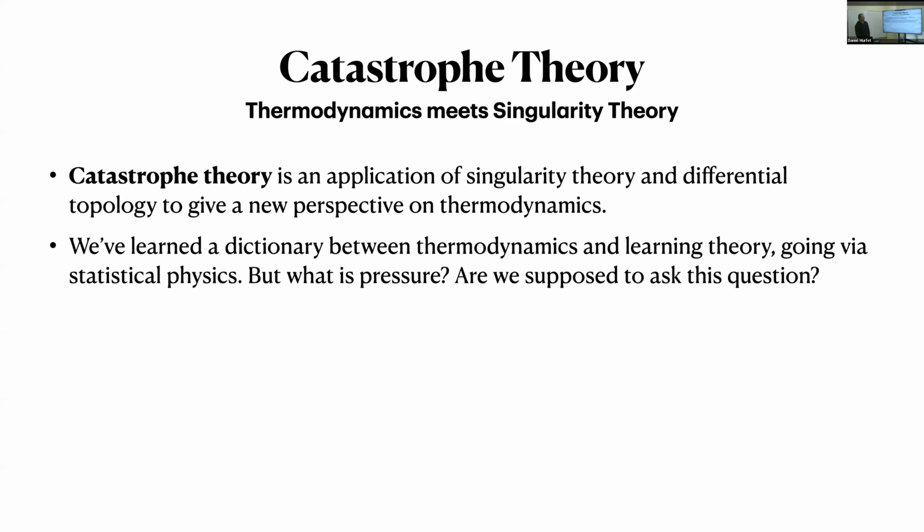So the main reason to bring it up in this context is that we've heard so far this week about various analogies between thermodynamics and learning. They've basically all gone through statistical physics and the Boltzmann distribution, right? And the key point of connection was that the Boltzmann distribution with a microscopic stochastic Hamiltonian looks a lot like the Bayesian posterior. So if you formulate everything in terms of such integrals and their derivatives, then you get pretty